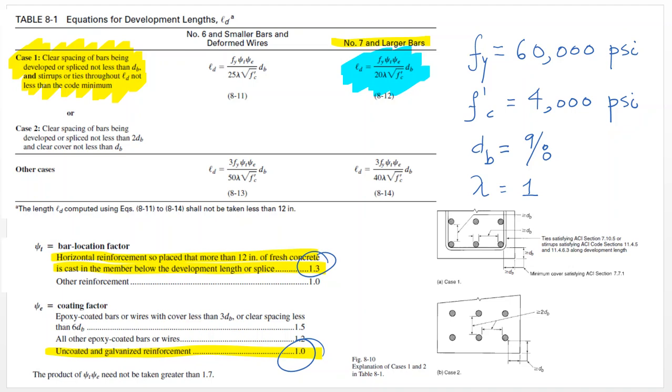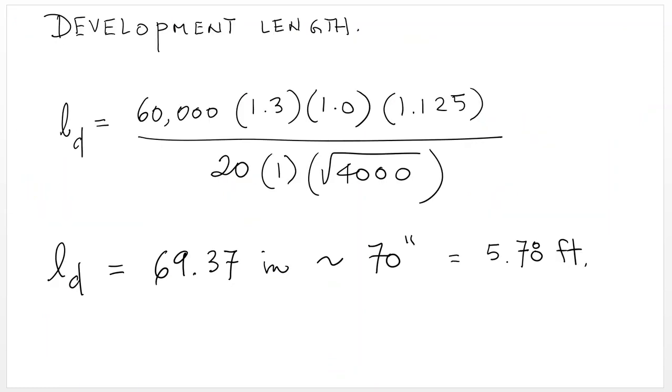The factor psi sub t for bar location is going to be 1.3 because there is more than 12 inches of concrete cast in the member below the development length splice. And this bar is uncoated, so we use a psi sub e of 1.0. If we put this into the development length expression, we obtain a development length of 70 inches, which is 5.78 feet,